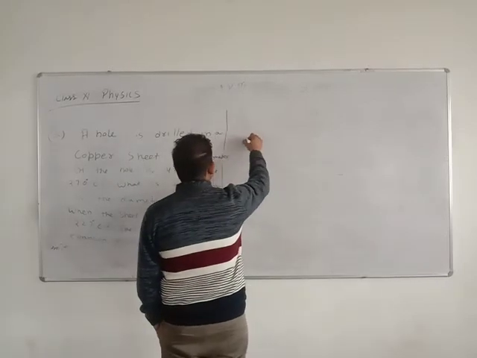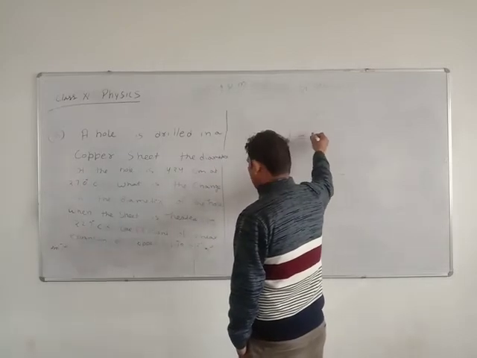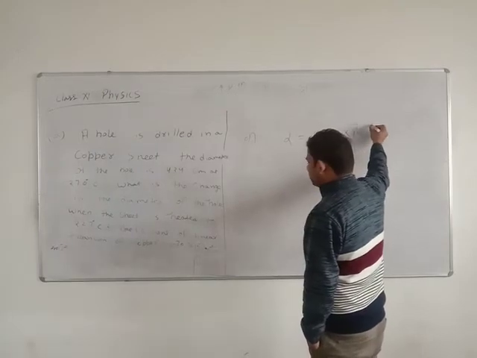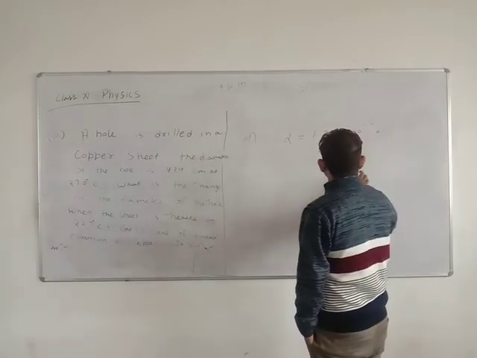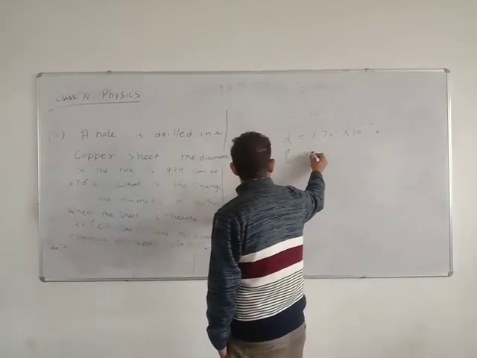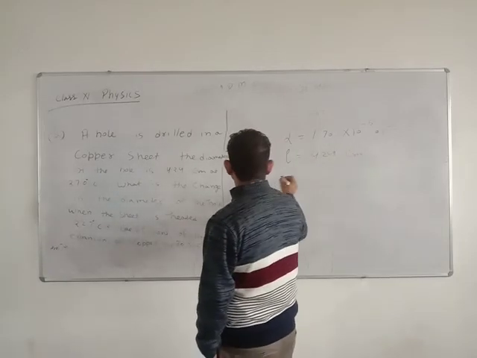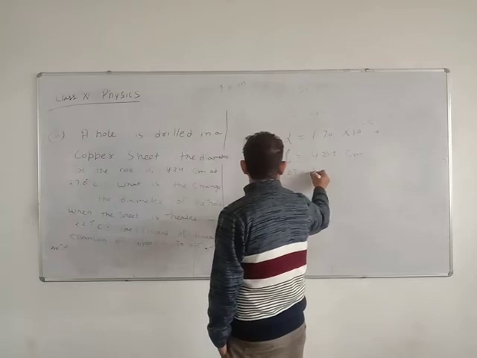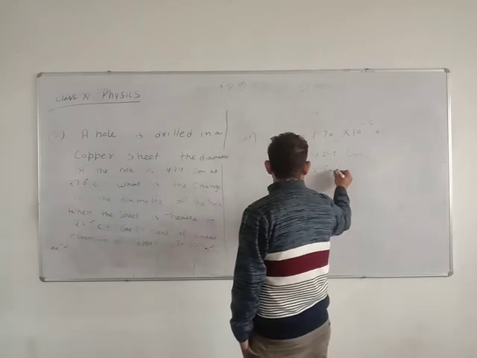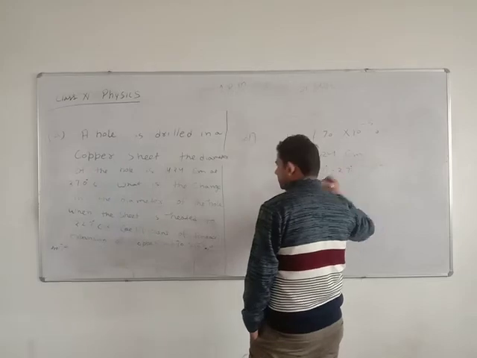In this question the value of alpha is 1.70 into 10 to the power minus 5 per degree centigrade. The initial length L is given as 4.24 centimeter, and del T is 227 minus 27,